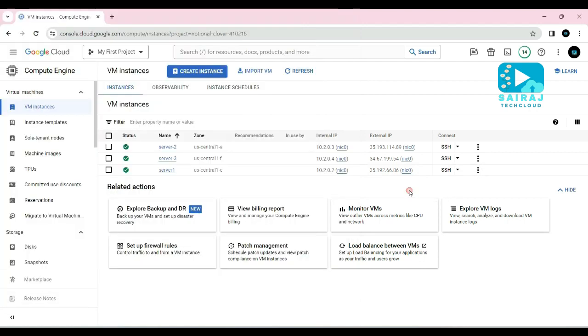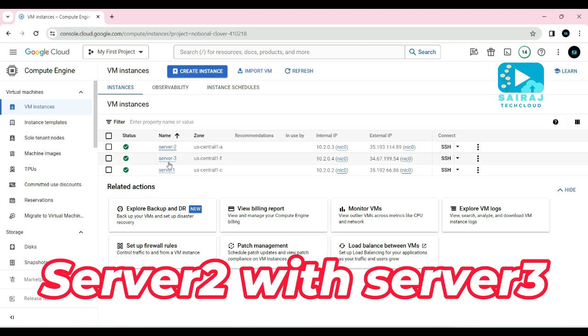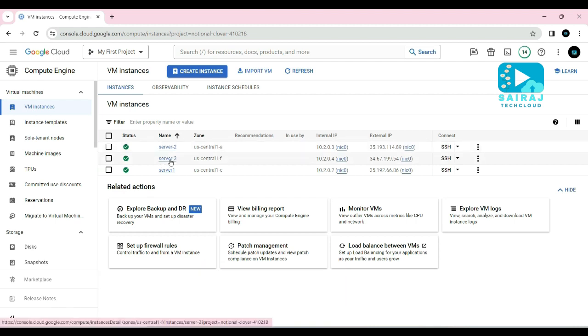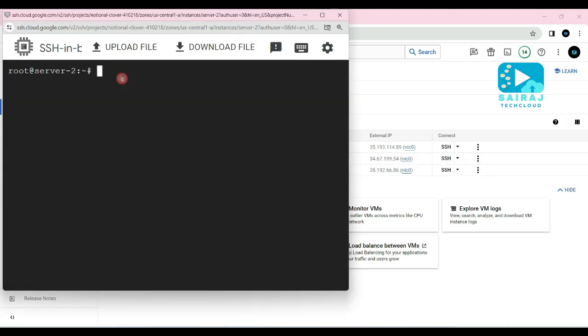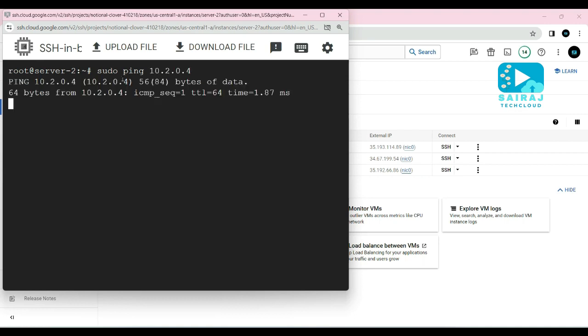Now I'll verify whether server 2 can communicate directly with server 3. I'll copy the internal IP from server 3. I am inside the root here, so first I type the command sudo, then the command ping, then you can paste your internal IP, then press enter.